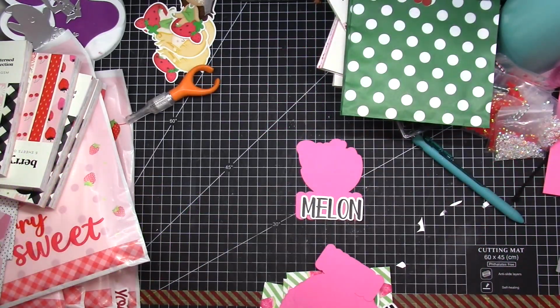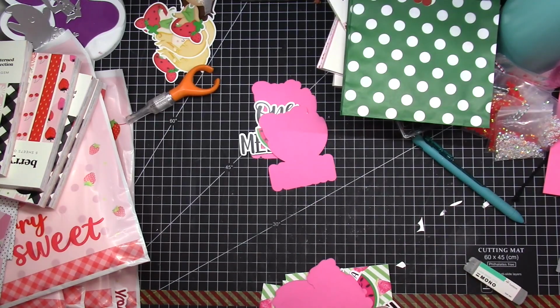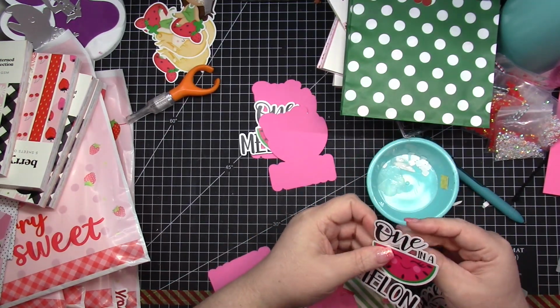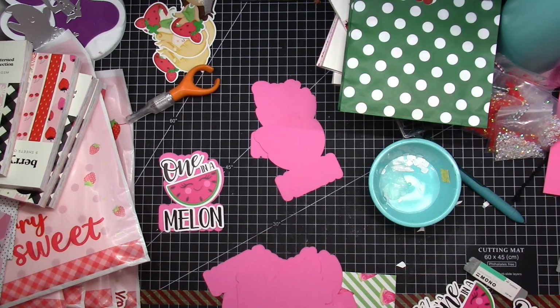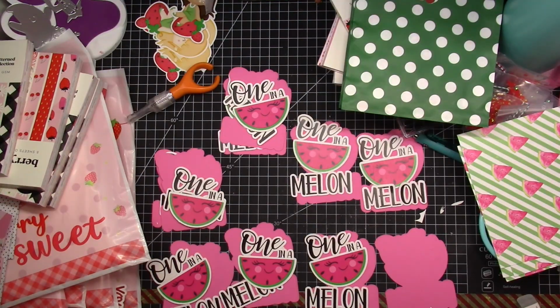So I went card by card. The first one was one included. This is a freebie card, and it says one in a melon. And I had a whole thank you bag that had the supplies to make this card. There were some stickers, and then there were some rhinestones, as you can see right there in the upper right hand corner. So that all went as a thank you to everyone,